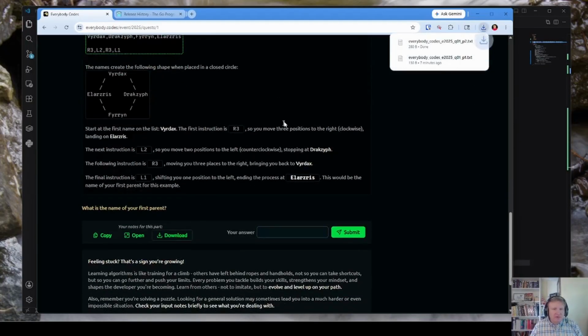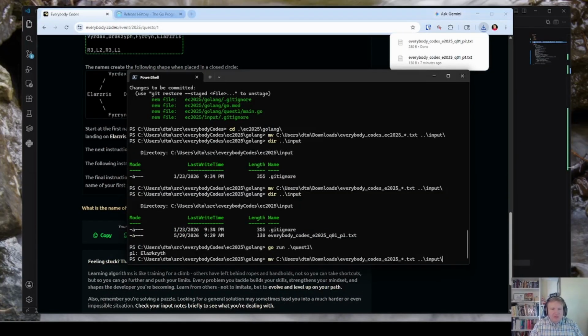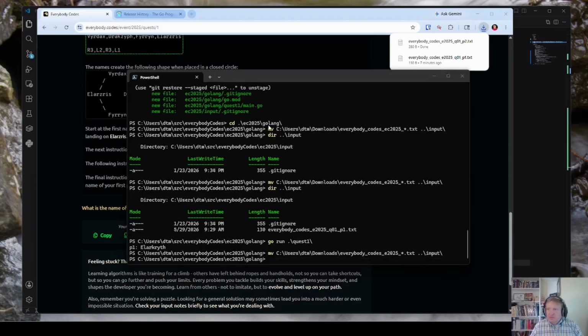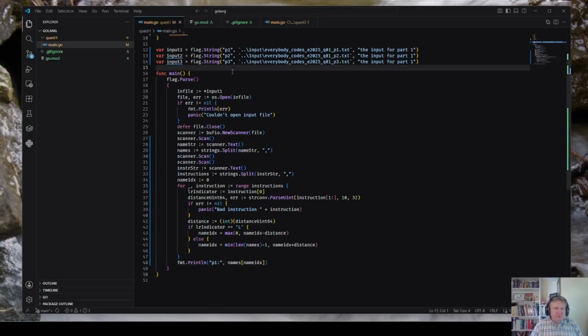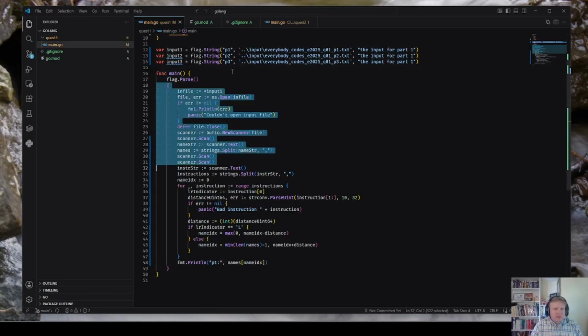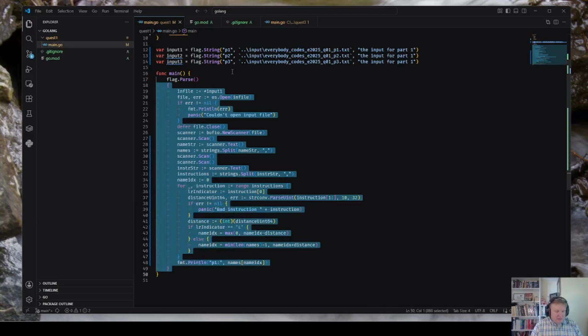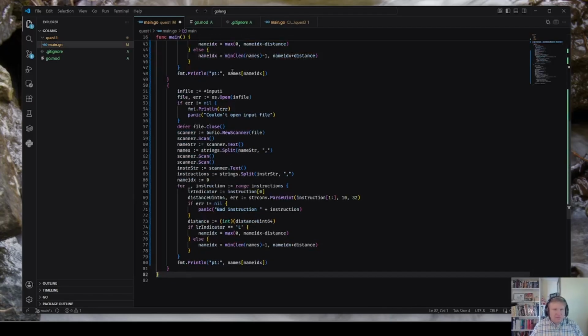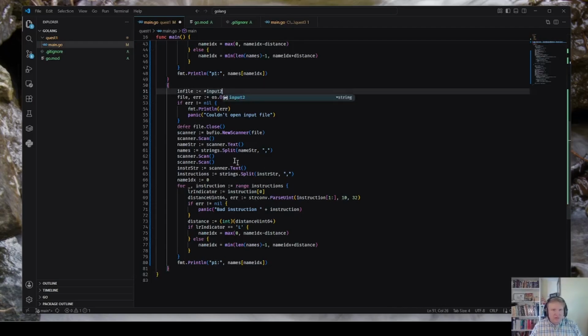Okay, very straightforward. Same as before. Make that input 2. That name index is that.